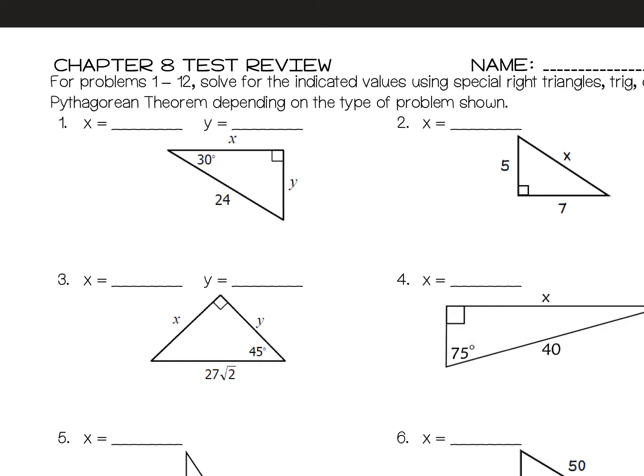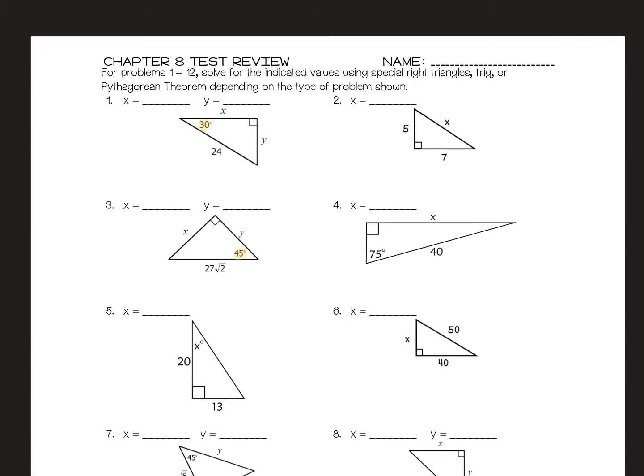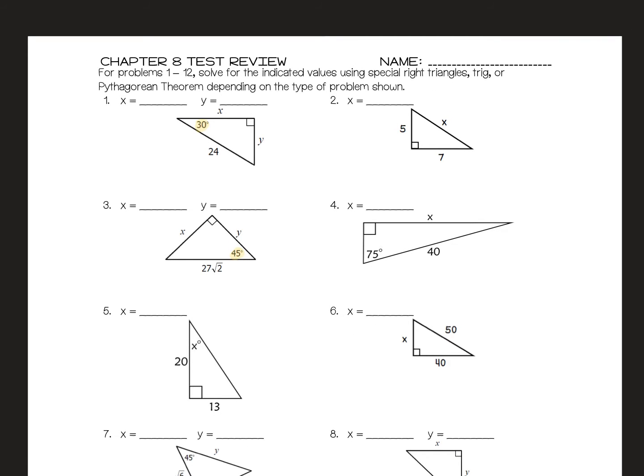For this first page of problems on the review, there's three options for how you can solve. So you can use special right triangles, which is only going to happen if you have angles in your triangle that are 30 degrees or 45 degrees. So any problem like that, so that would be like number 1, number 3,